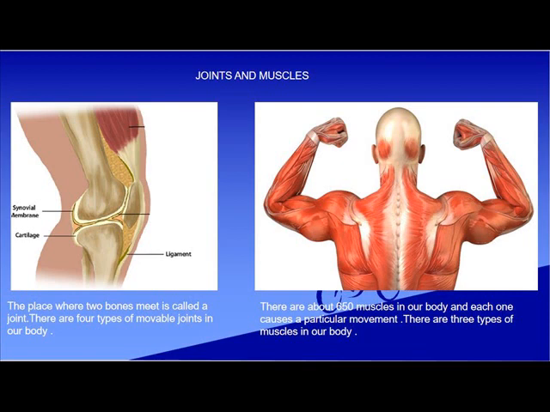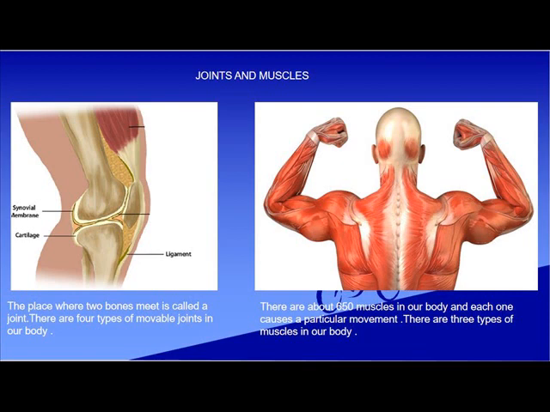What is a joint? The place where two bones meet is called a joint. Two bones are joined together or held together by a substance or tissue called a ligament. The joints in the skull are interlocked, so they are called immovable joints. All the other joints in our body are movable. The bones at the joints move smoothly because of the fluid called synovial fluid, which acts like a lubricant.